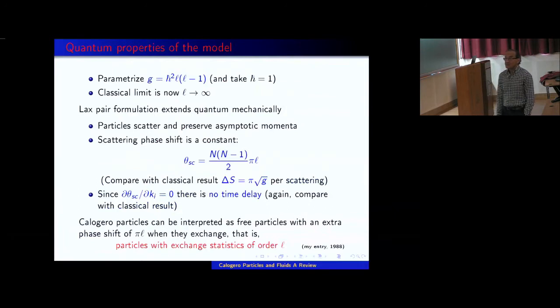Okay, now let's move a little bit to the quantum system. All this is kind of a grand introduction to the properties of this system so that you see what is nice and interesting about it before we go into more details. Again, we will parameterize now this interaction in the way that I told you before, briefly reintroducing h bar, but we will take it to 1. This is just to show you that the classical limit corresponds to taking L to infinity. It's h bar times L that remains constant. So if you take h bar to 0, L should go to infinity.